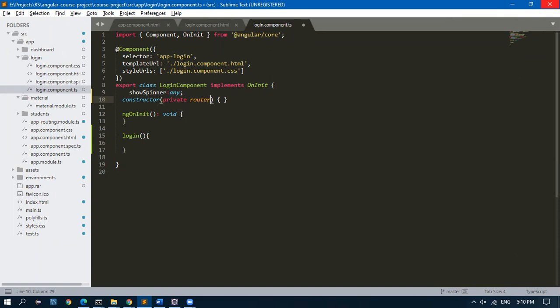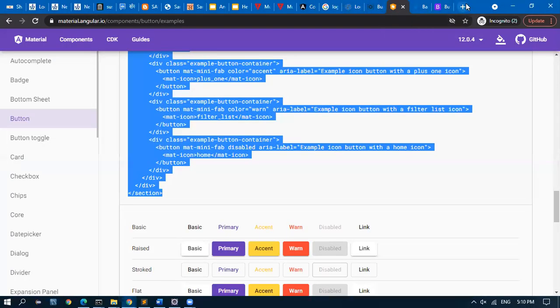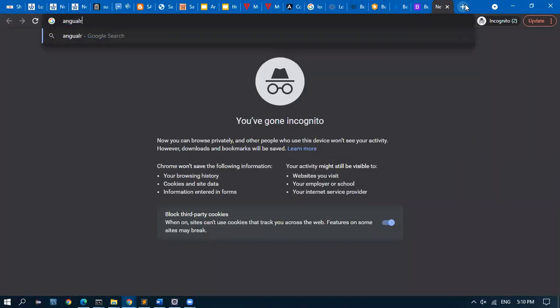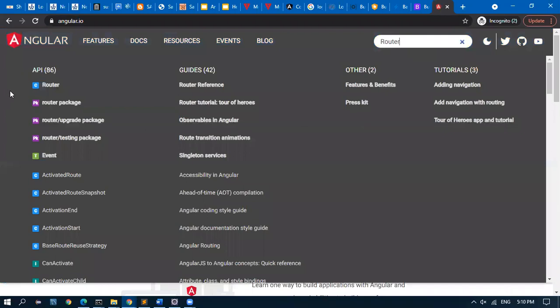Private router. So where is the router? We have to go to the Angular router class.